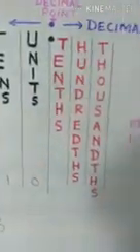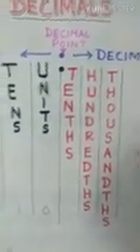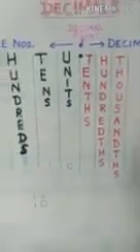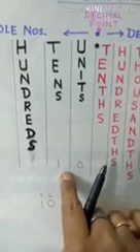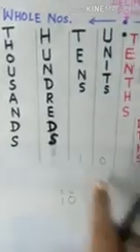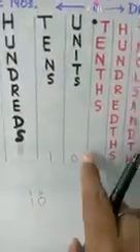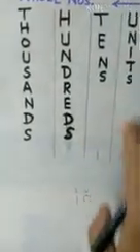And this is the chart where we represent a number with a decimal point. Now if the number consists of a whole number and the decimal part, you have to post the whole number in these places, starting from units, tens, hundreds and so on. So we start from the right-hand side and move towards left. But in the decimal part, we start from the left-hand side and move towards the right.